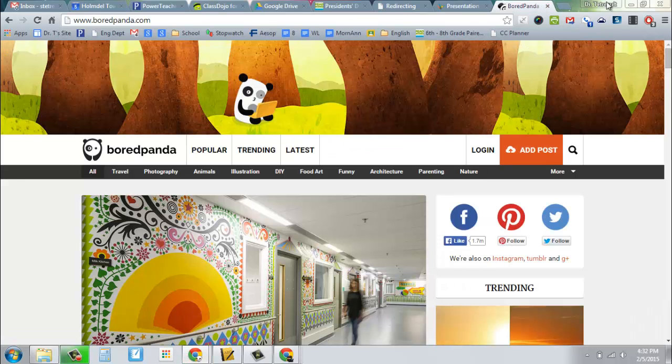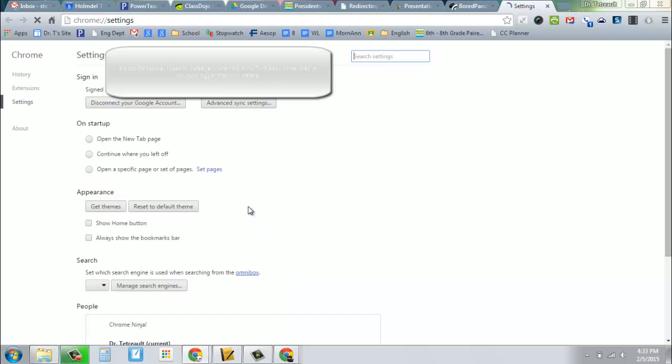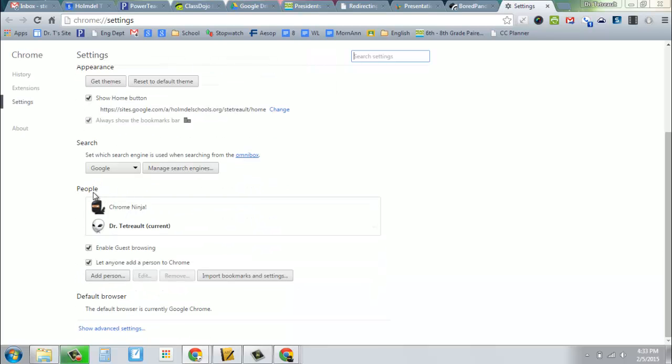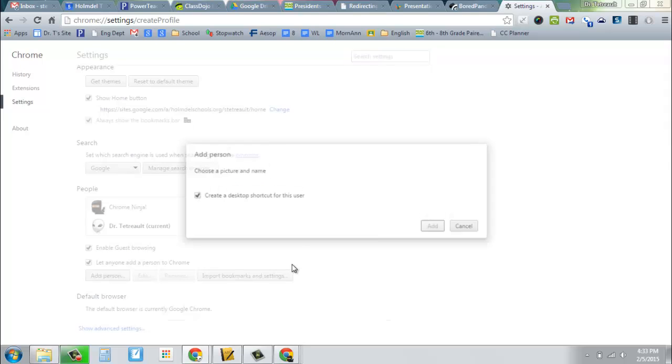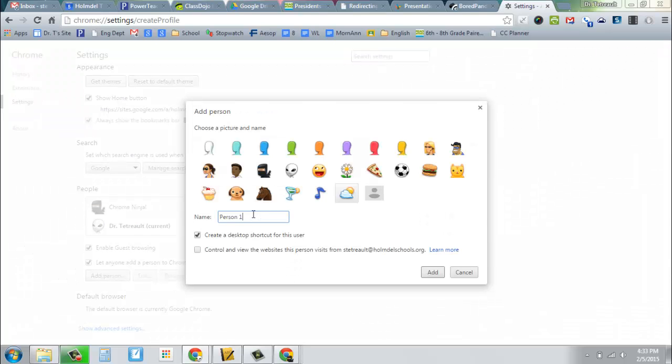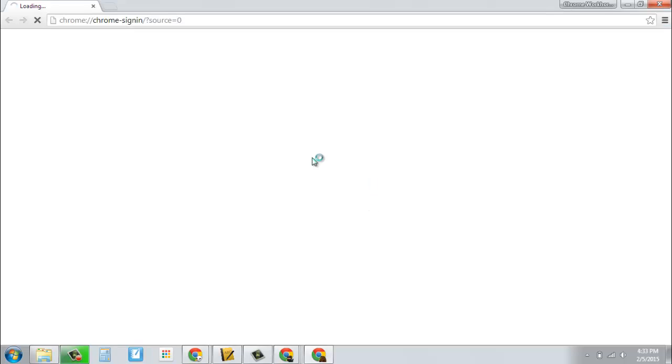So you can get to that right up here. You can do the same thing through settings. If I go to my settings and then I go down to my people area, one of the options is add person. And by clicking add person, it's going to give me the ability to do the exact same thing, except this time it's going to let me put in a name and pick an option for it first. I'm going to create a desktop shortcut for that user. I can even control whether this user is able to do certain stuff, which is kind of handy. I'm going to do add. It's going to open up another sign-in page,